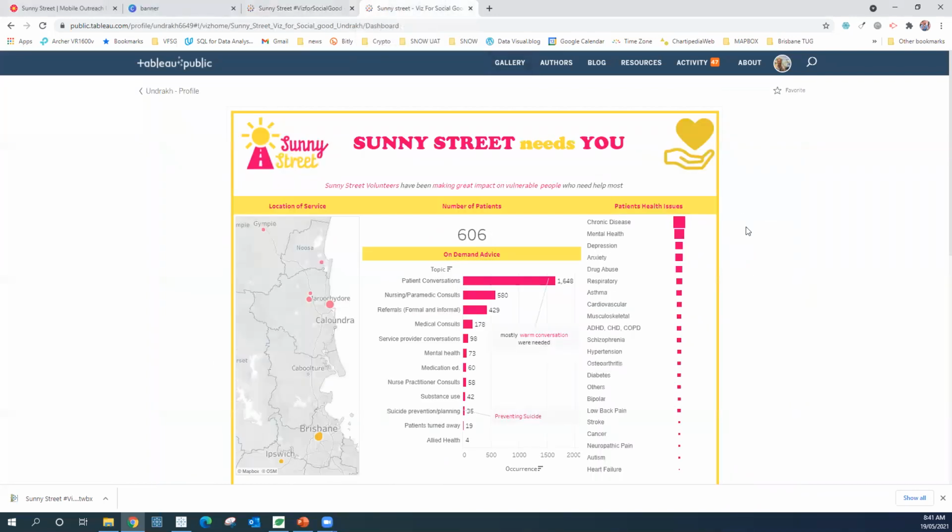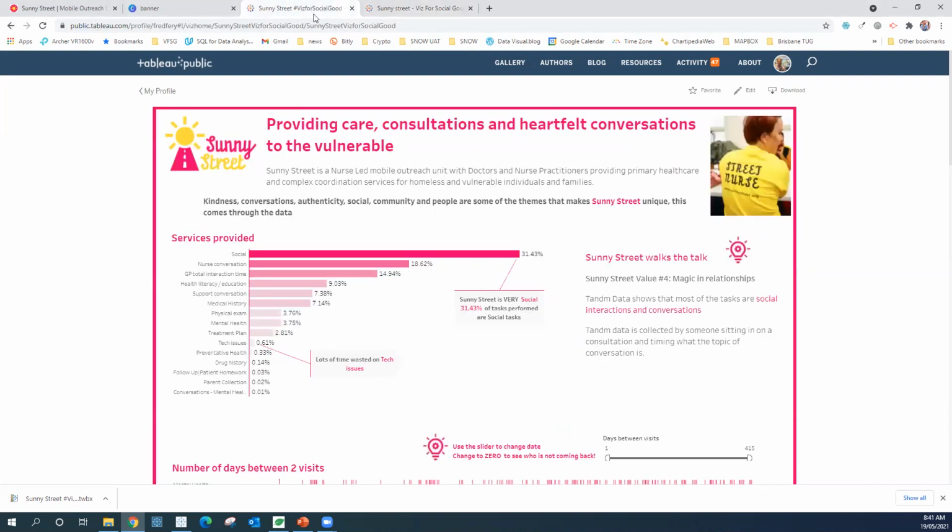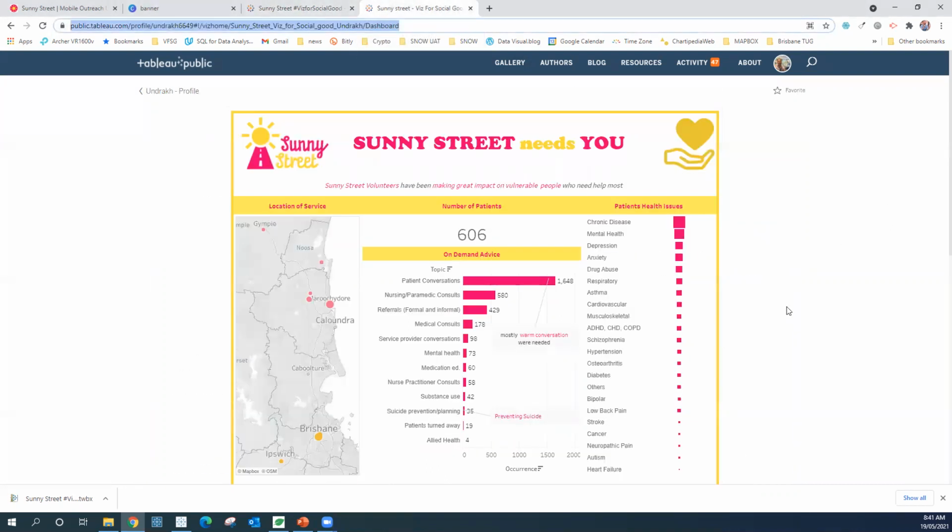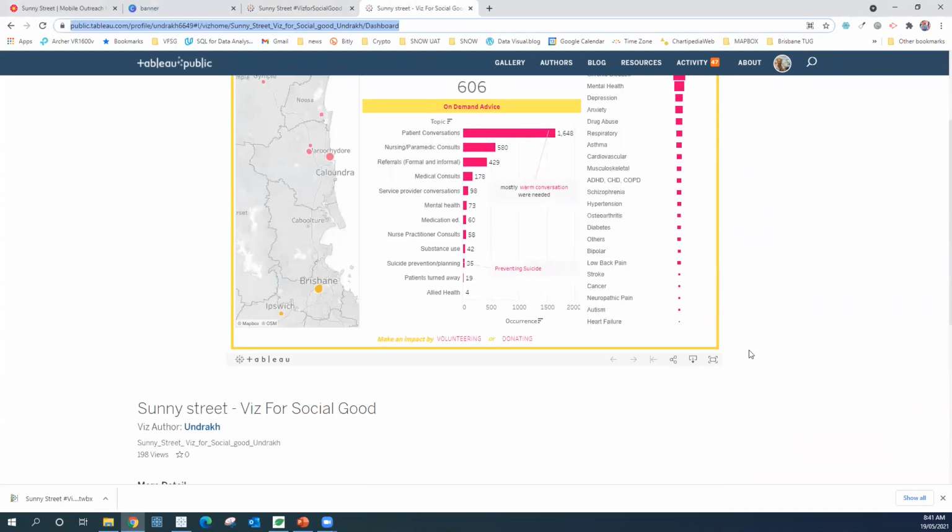Tableau can't do an out-of-the-box template, but there are ways around it. So I'm going to show you quickly how you can do that in Tableau. Also, as a quick reminder, I shared the link of my blog where we shared all the submissions from the Sunny Street project in March last year. They're all Tableau links. If you go to the bottom of the Tableau dashboard, you can click on the download button here